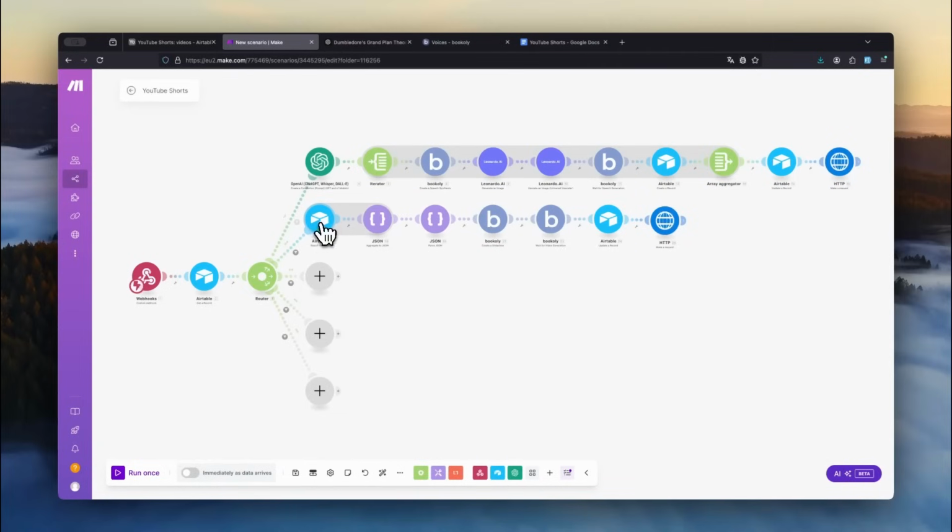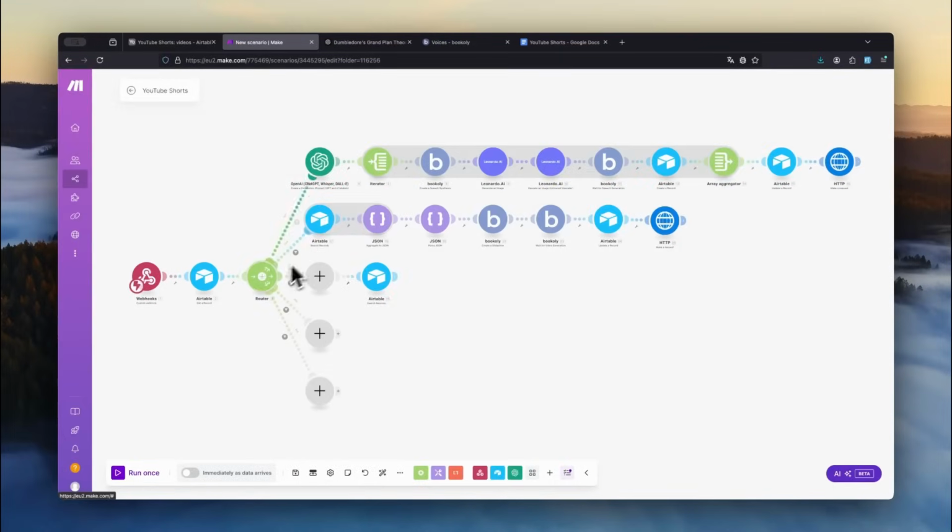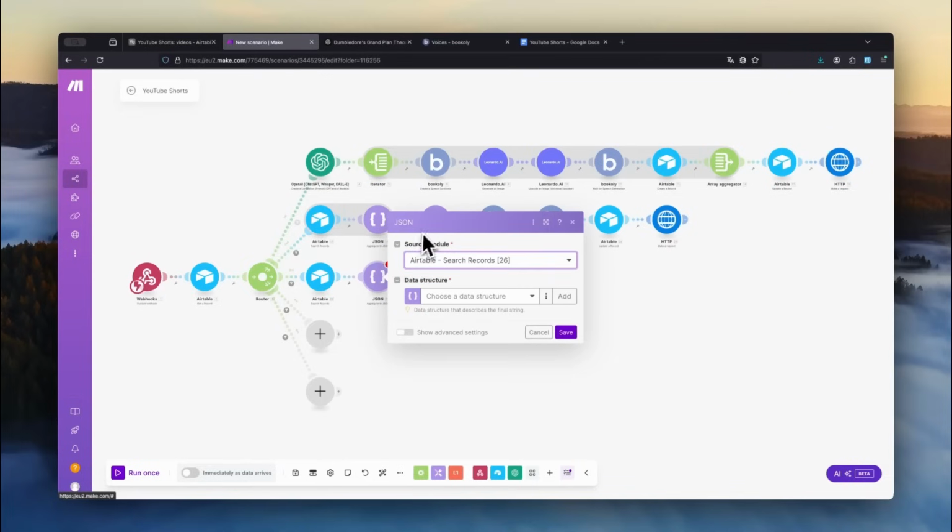We can clone the upper Airtable module, attach it to the third route, and delete the empty module. Then I will perform an auto-align for better clarity. In the third route, we will again retrieve all scenes and finally combine all the voiceovers of the individual scenes into one overall voiceover. For the next module, we again select the JSON aggregator and set search records from Airtable